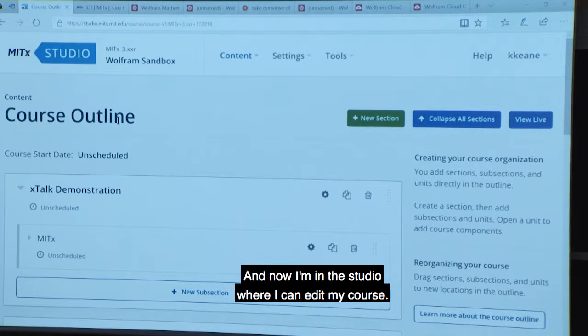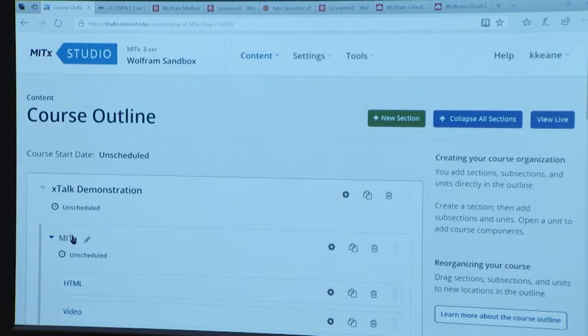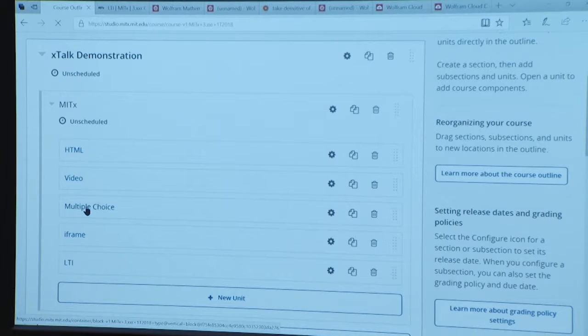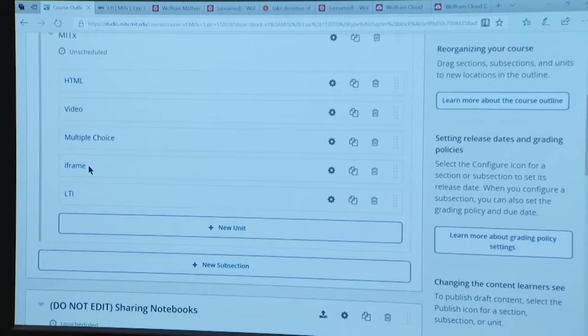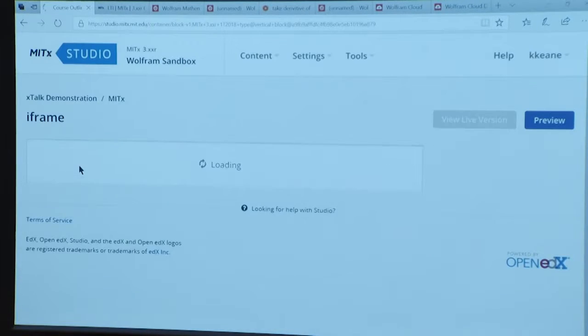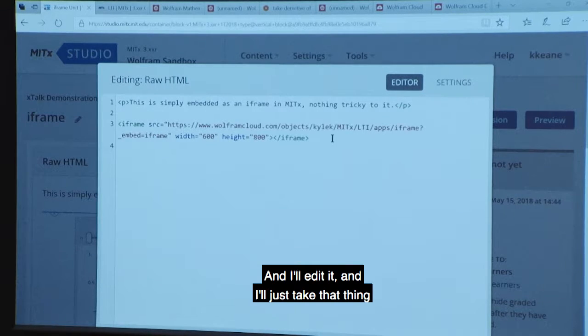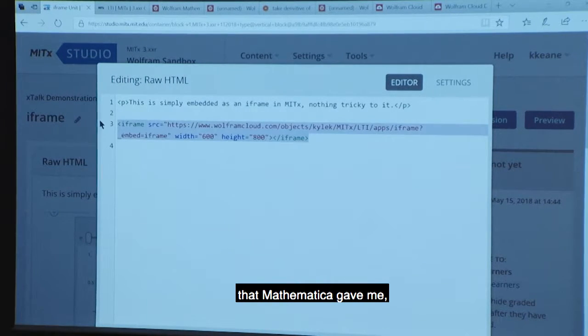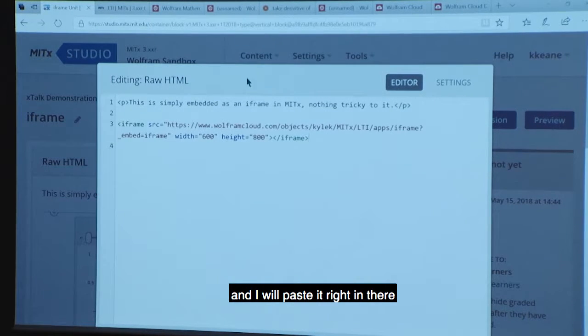And now I'm in the studio where I can edit my course. And I'll come to my iframe thing, and I'll edit it, and I will just take that thing that Mathematica gave me, and I will paste it right in there,